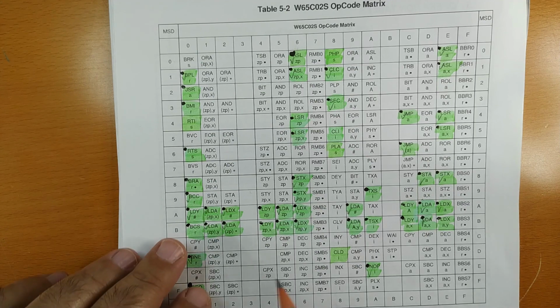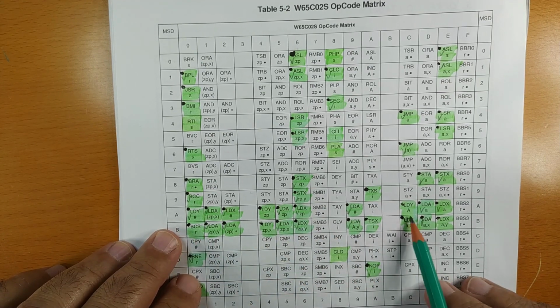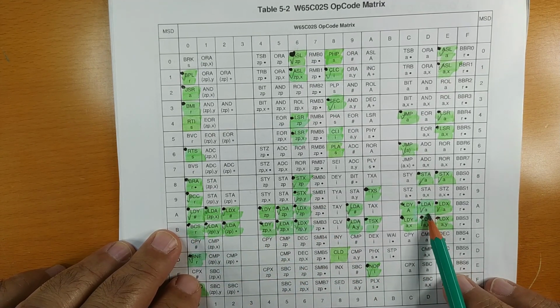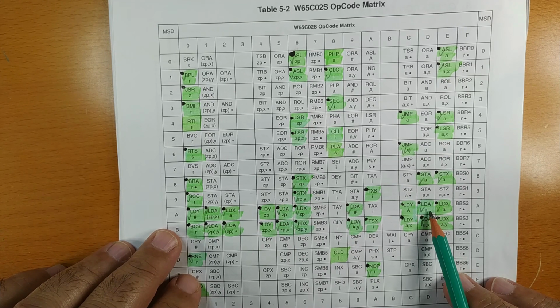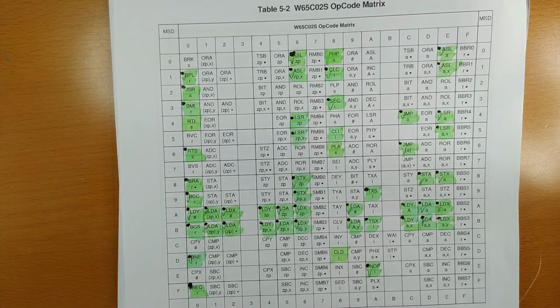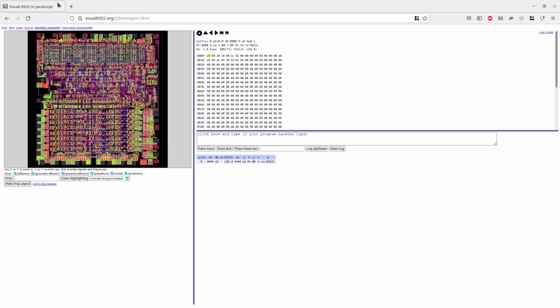If we look here, we have AD, load A, absolute. Does this command actually take 4 cycles? The table says it does, but maybe we don't believe the table. This website is called Visual 6502.